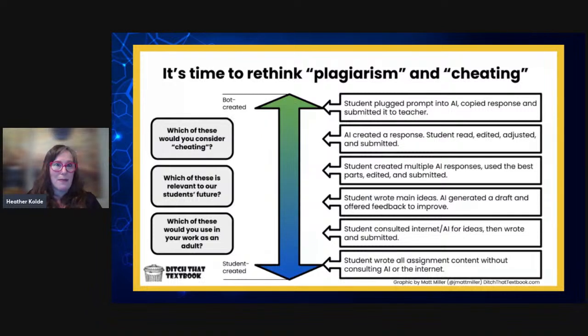So I know Matt Miller was on NCCE Live some months back, and this is from his book, AI in Education, which I totally and completely recommend. It's a fantastic read, very quick read as well. And it's a great place to start this conversation. I've used this myself with teachers in training, and I've also used a bit of an altered version of this with my students to prompt discussion.